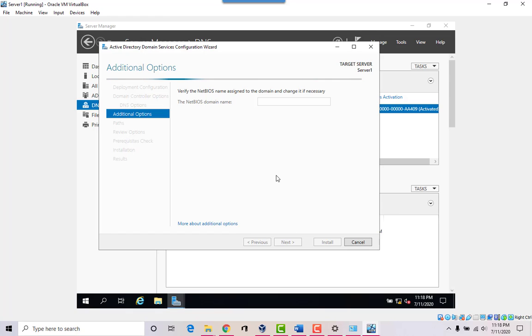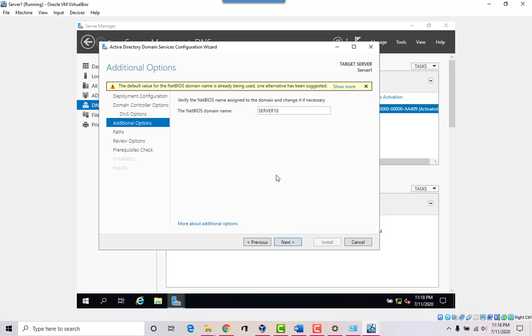And verify the NetBIOS name assigned to the domain. And so this will be the NetBIOS name. This is the local name that machines can find the server by locally. And I'm just gonna call it server 1. Oh, okay, so the server name is already used, so it wants to assign another name.